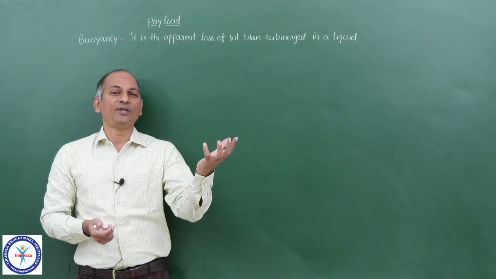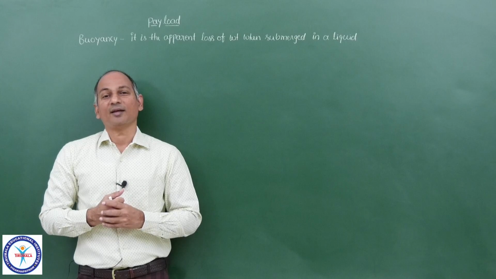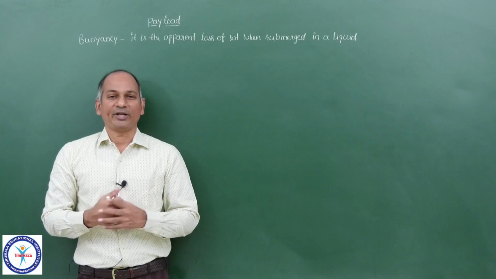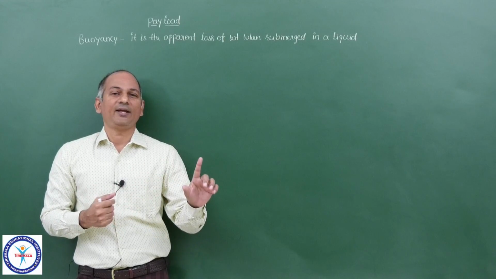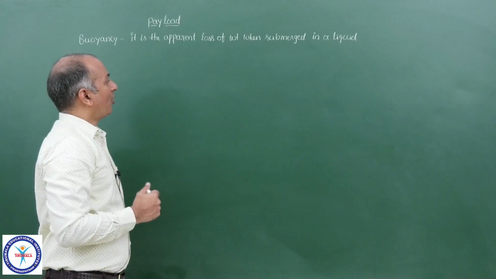So the object feels lighter. And the same object, we feel it heavier outside. So this is what is buoyancy: the apparent loss of weight of a particular object when submerged in a liquid. Okay, now